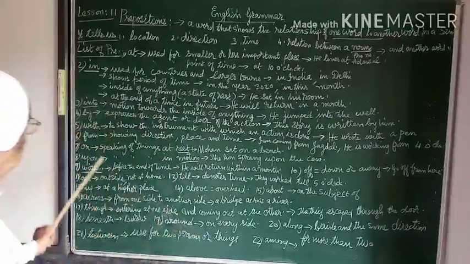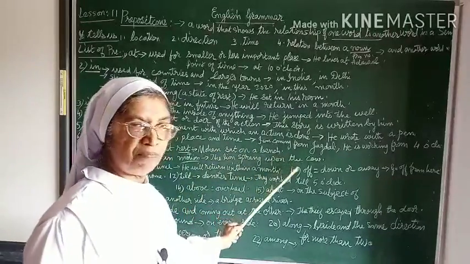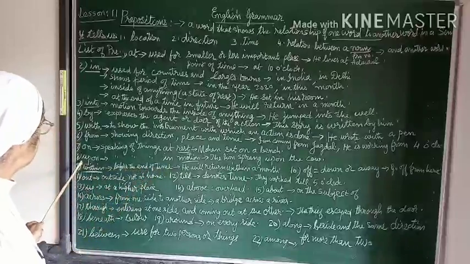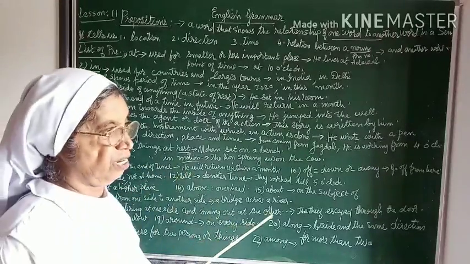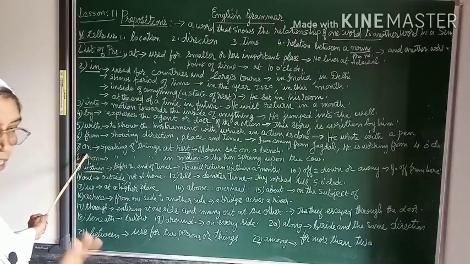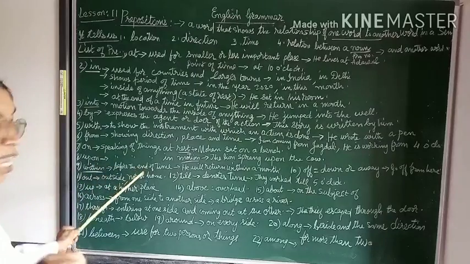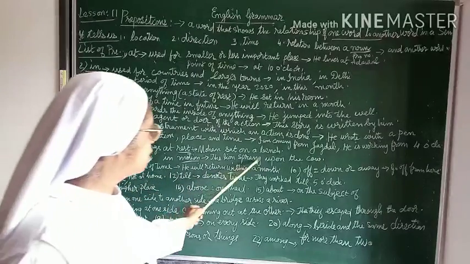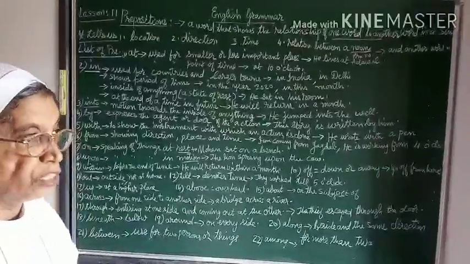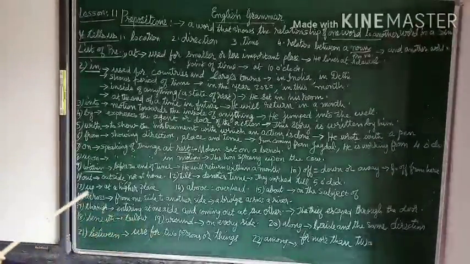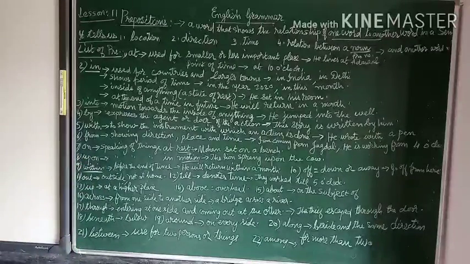On, about it. So, speaking of things at rest, Mohan sat on a bench. No movement. Then upon, speaking of things in motion. So, on means things are not in motion. They have no movement. But upon means it is in motion. The lion sprang upon the cow. It is in motion. We don't say sprang on the cow, we say he sprang upon the cow.